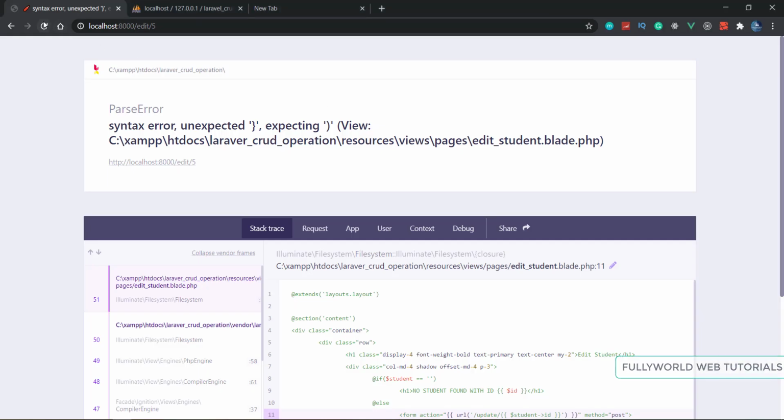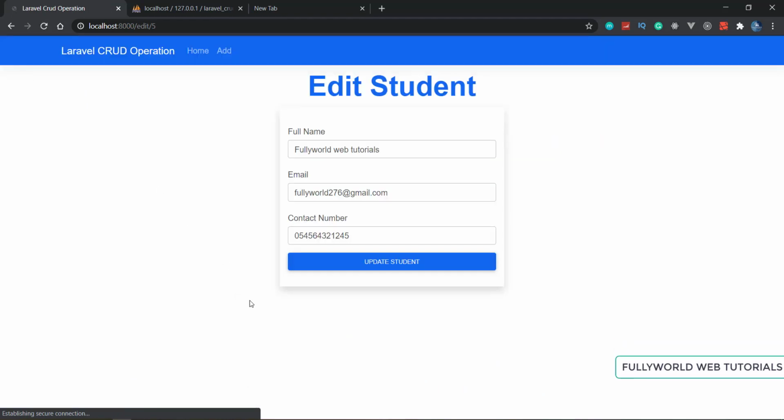So let's see if it is working or not. See that it is working now.